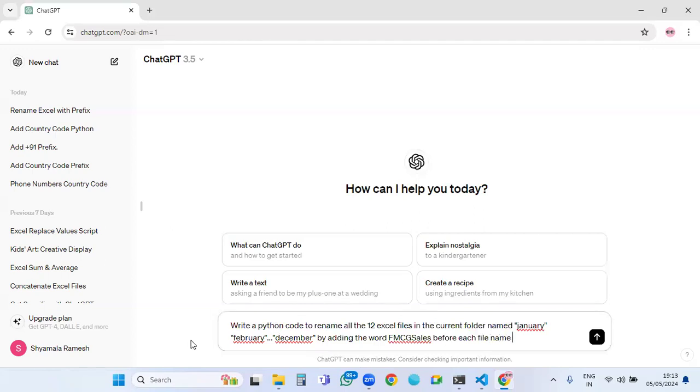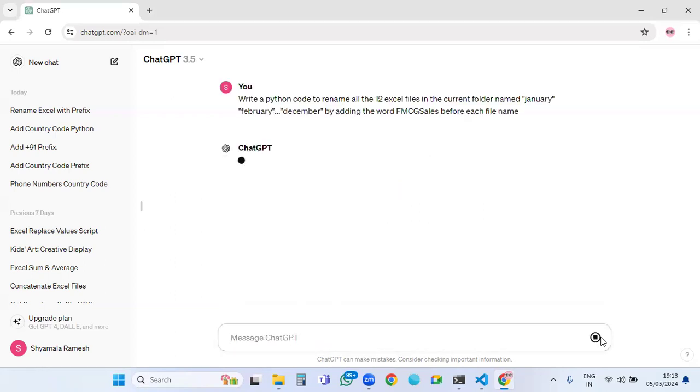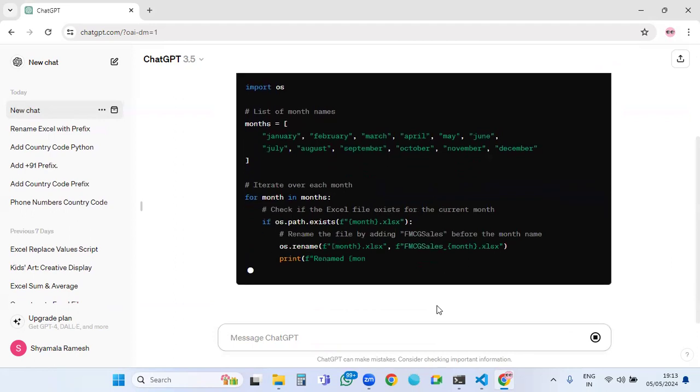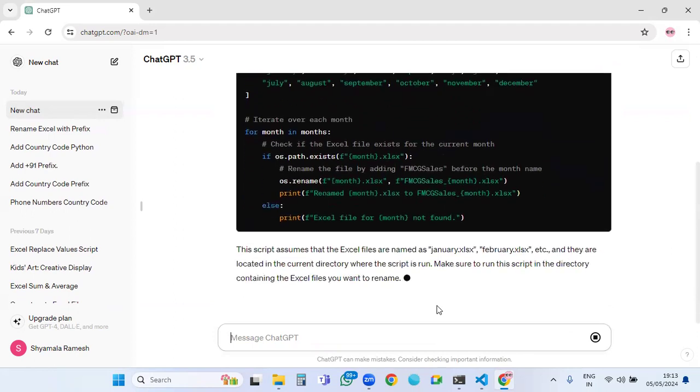So the prompt is: write a Python code to rename all the 12 Excel files in the current folder named January, February till December by adding the words FMCG sales before each file name. Just give the prompt to ChatGPT. See, okay, the Python code is generated, and let's copy the code